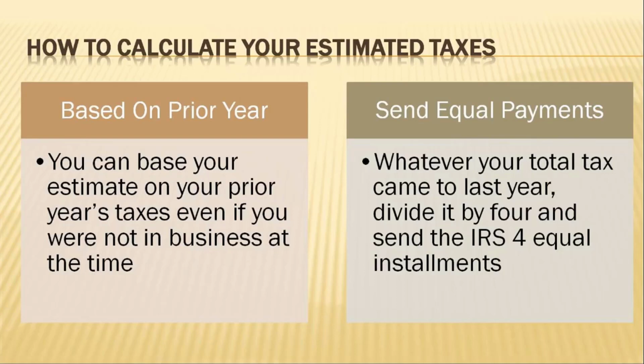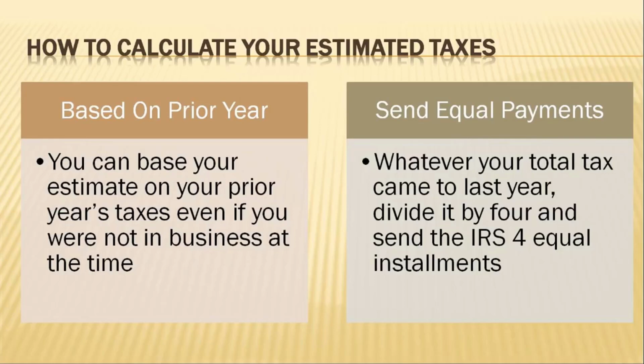So whatever your total tax came to last year, just go ahead and divide it by 4 and send it off in 4 equal installments. That is one way to do it. That's the easiest way. So if you find yourself struggling and not really knowing what you need to do, or